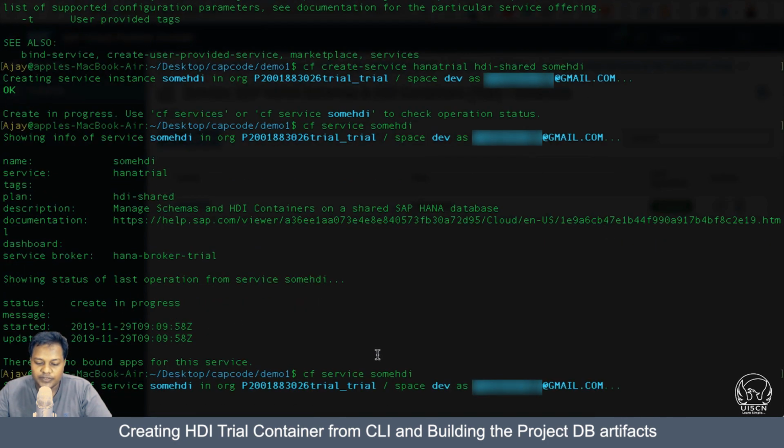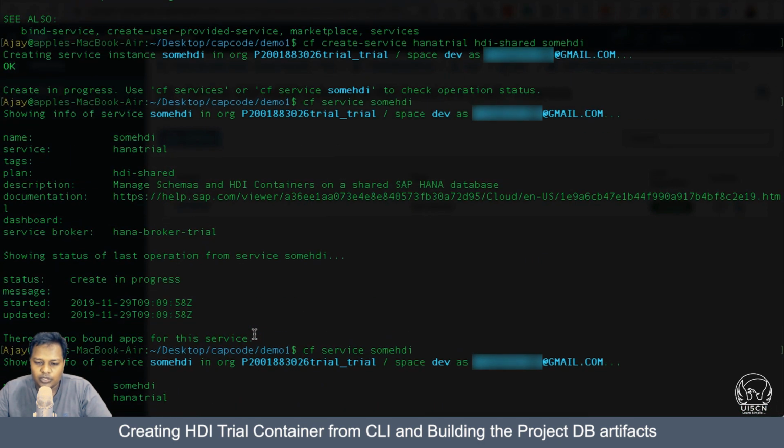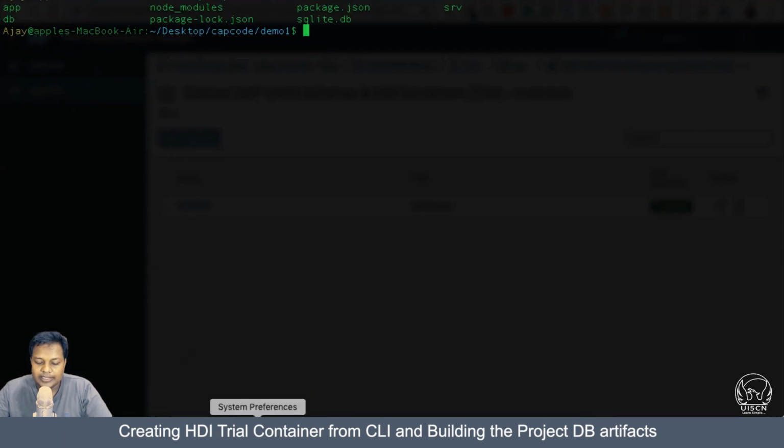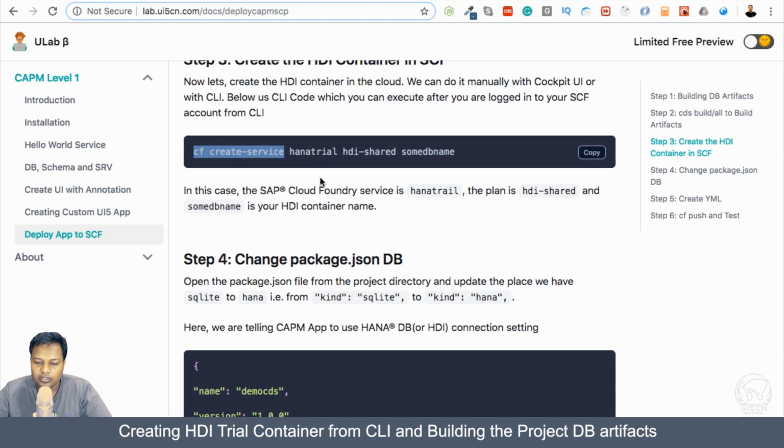If you again go for cf service some HDI, then you will see here in the command prompt, the status is create succeeded. That is the status. Now I'm also showing the command prompt because sometimes when you are automating tasks using scripts, then command prompt operations are what you write. Okay, now the next activity what we have in the lab, or the step which we will perform,